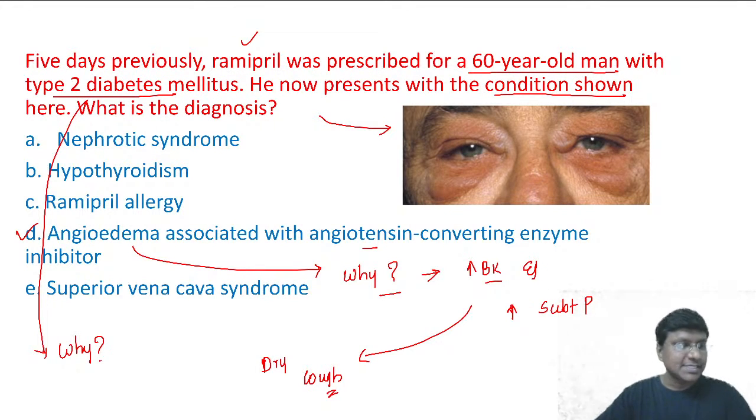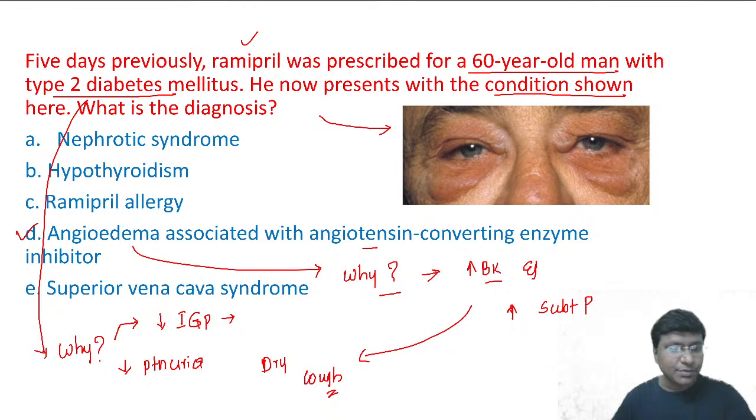In what way? Yes, Abbas, you have said they are renoprotective. Can you tell me in what way they are renoprotective? Very good, Nurul Khan, excellent. So these ACE inhibitors, they will reduce the intraglomerular pressure. By reducing the intraglomerular pressure, they will reduce the proteinuria. Right? They will reduce the proteinuria.